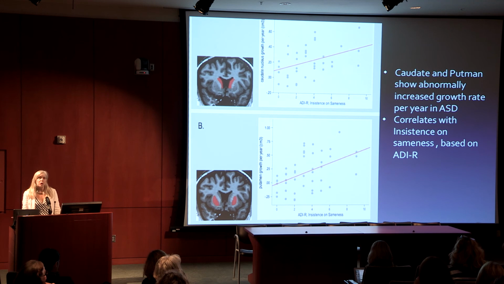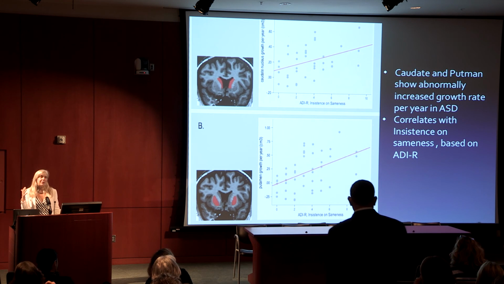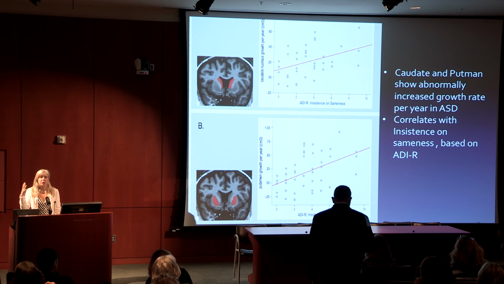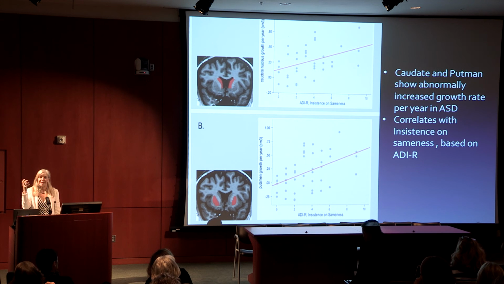So just from a structural perspective, this one study looked at two parts, the caudate and the putamen here, and related the amount of gray matter volume, and change in gray matter volume over this 2.5-year period, to the repetitive behavior aspect of the ADI-R, the insistence on sameness. Typically what happens in development, by the way, is that we start out with a whole bunch of neurons and our gray matter starts to decrease a little bit as we prune and refine what neurons we want to keep and what neurons we want to prune.